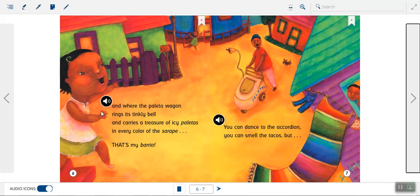So let's listen. And where the paleta wagon rings its tinkly bell, and carries a treasure of icy paletas in every color of the serape. That's my barrio. You can dance to the accordion, you can smell the tacos, but